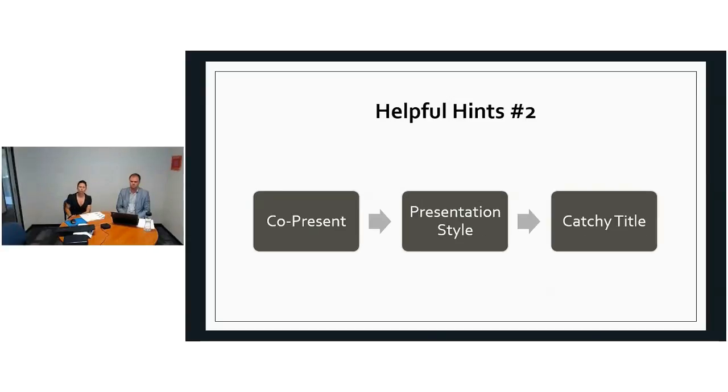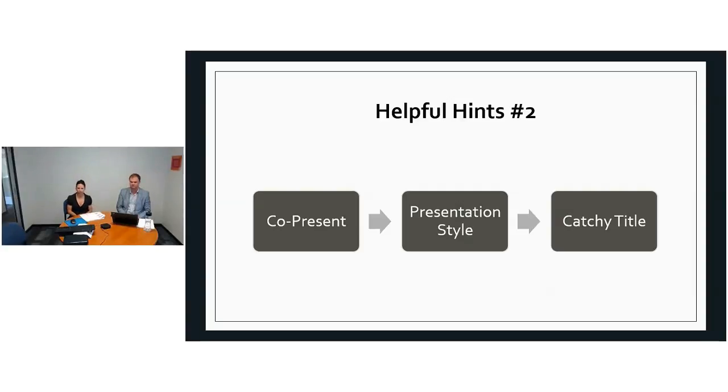I mentioned it just briefly before, but we love the idea of co-presenting, whether that's within your own institution or department, or whether it's tapping someone on the shoulder at another university and saying, hey, I know you're doing great things in this space, how about we do something together? So keep that in mind. Presentation style is something that we've touched on already, but if you're not sure of how you want to run a particular session, you're welcome to get in touch or consider, I guess, as I said, what best suits your personal preferences.